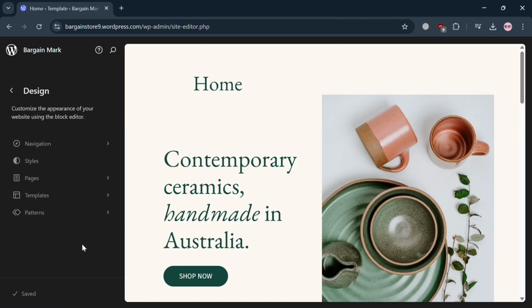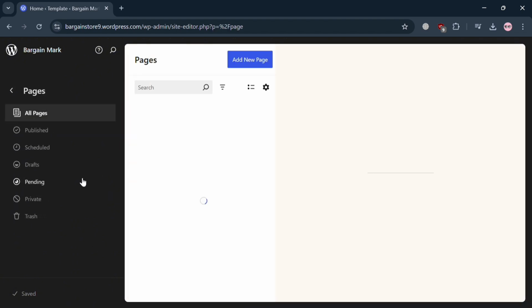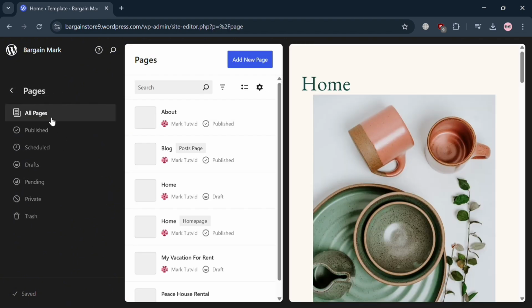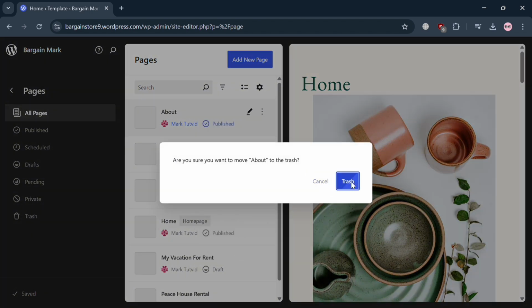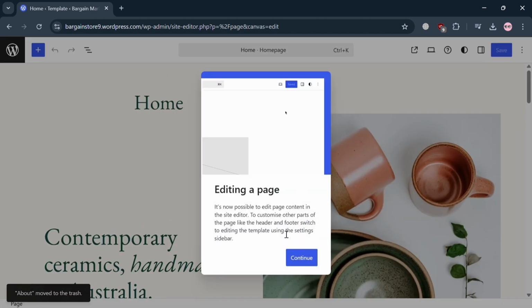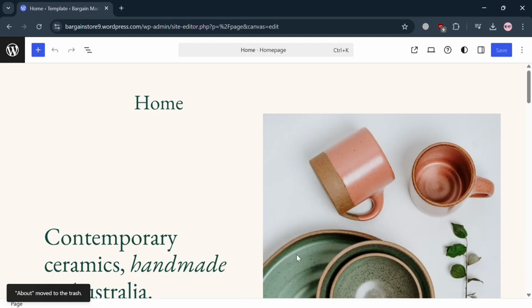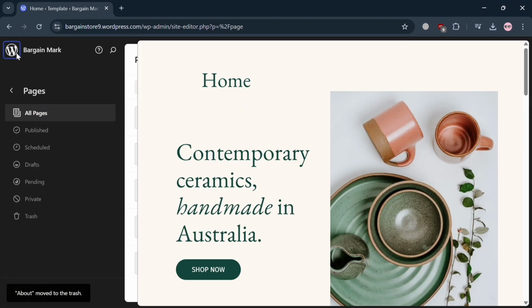As you can see, we can navigate here the design option, the style, but by clicking these all pages, we can start creating here or add a new page, or if you want to delete one, just simply click the three dots in here and click move to trash. And upon moving it to trash, we can now start adding another new page that we prefer to create a landing page. So once again, just do the same process or go back to this page once again